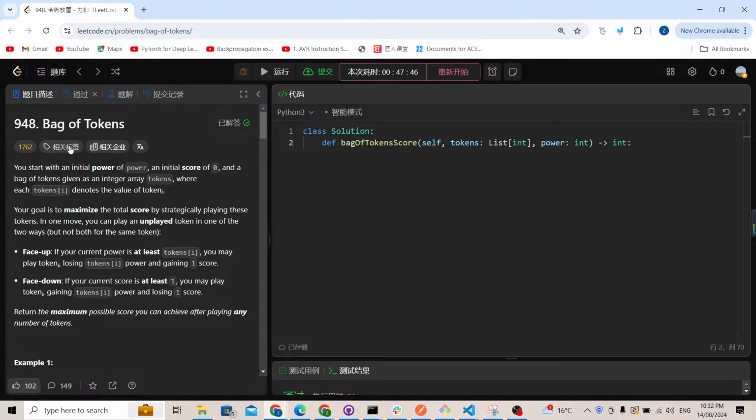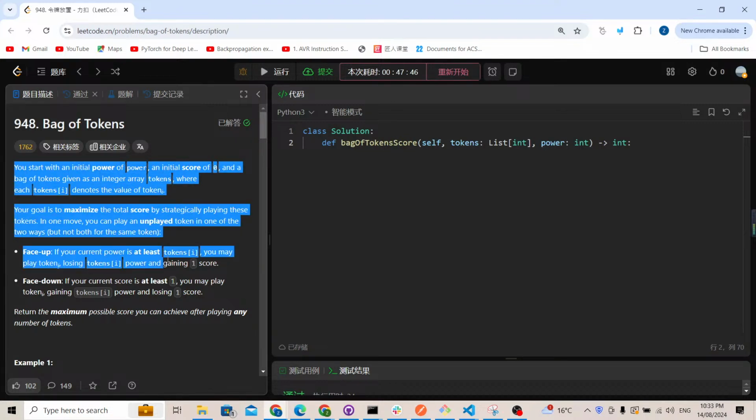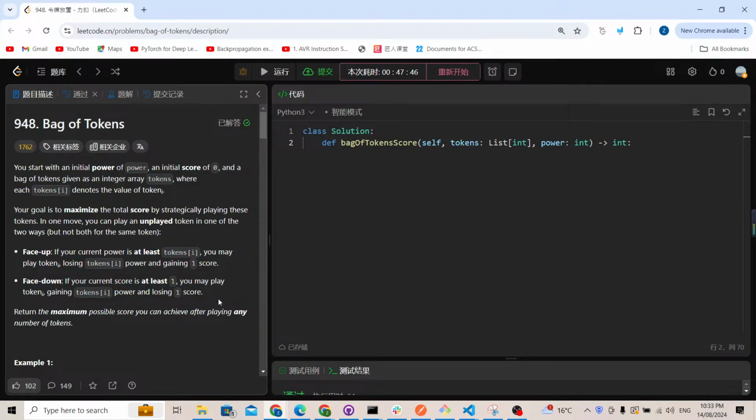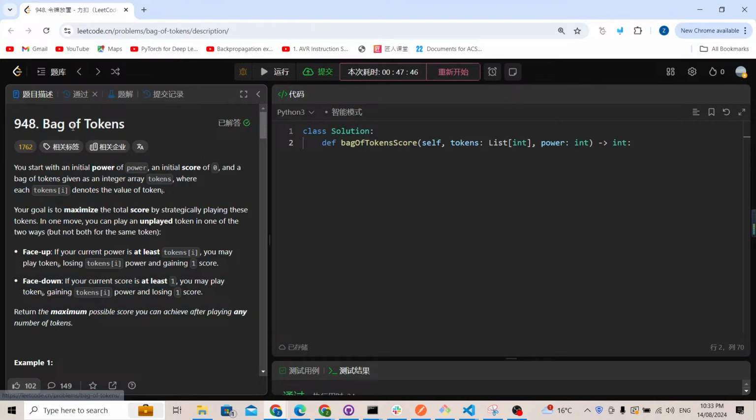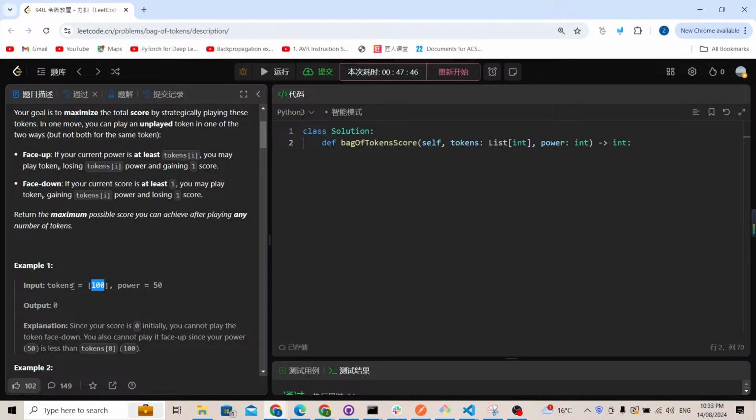State and backup tokens. I think this is a very famous Leetcode problem, and although it's really difficult to understand from the beginning, after you understand the problem, it's going to be a really good problem. Yeah, so we have backup tokens, and they're going to be values for this tokens array, and initially we're going to have